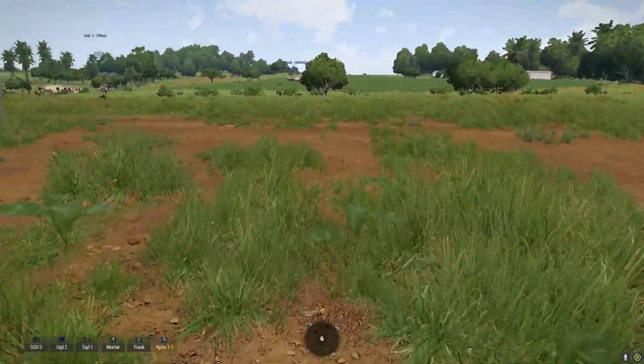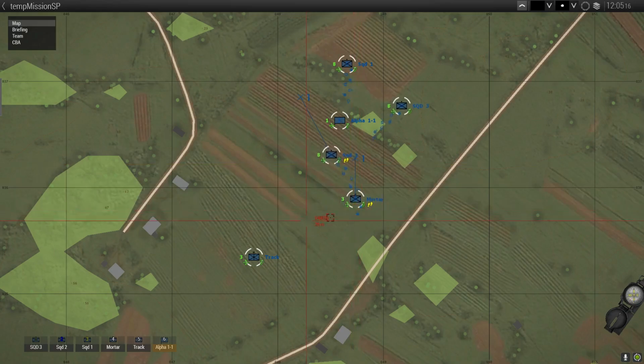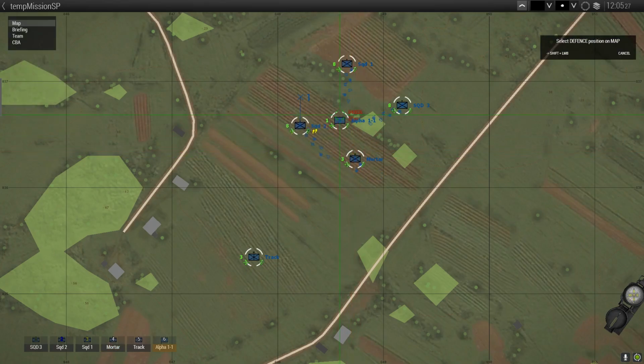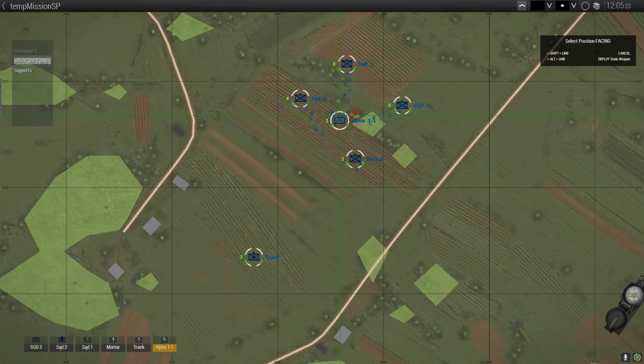Mortar platoon, get over here. Contact, soldier. I want the mortars to set up their mortar. So I'm going to go select the tasks, defend position. It says, on the right there, select defensive position on the map. I'm going to